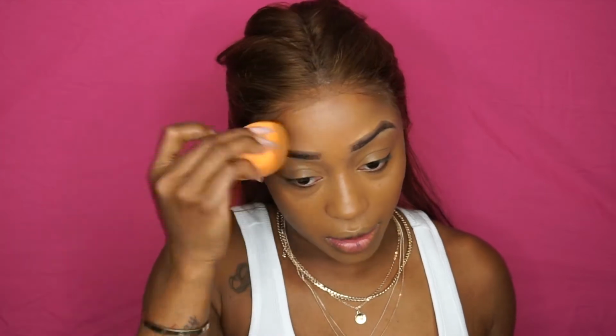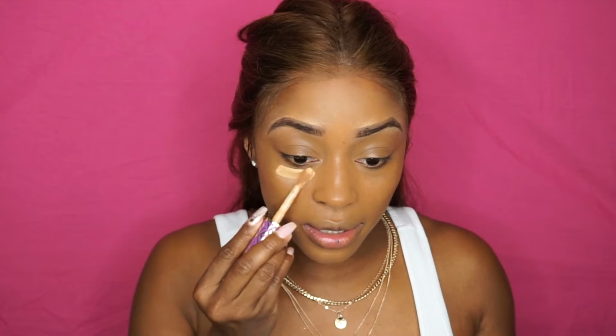It's not too much, it's not heavy, it's perfect. I don't have any complaints. Okay, Alyssa Ashley did a great job at remixing their colors to give you a better color scheme, because I'm always in between shades or gotta pick 2 shades for some reason. I never had the luck of just sticking to one foundation, so I'm very happy that I found one that works with me. So now I'm gonna go in and highlight with the Tarte Shape Tape, and sometimes I feel